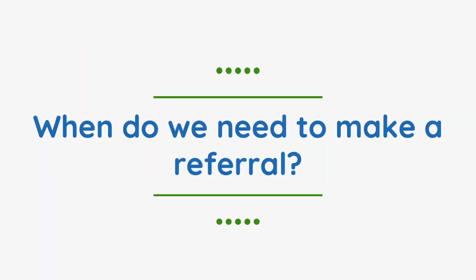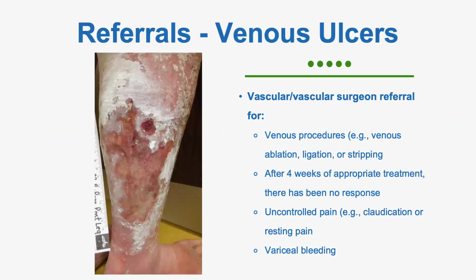So when do we recommend that a facility doesn't have a ProHealth One provider make a referral for these types of wounds? This would be for venous leg ulcers. This would be a patient that would want a procedure to assist in the healing of their venous leg ulcers, so an ablation or stripping or ligation. Patients that have venous leg ulcers that have not been improving after about 4 weeks of appropriate treatment. Patients with uncontrolled pain, so claudication and resting pain, which can indicate impending limb ischemia, and patients that have excessive